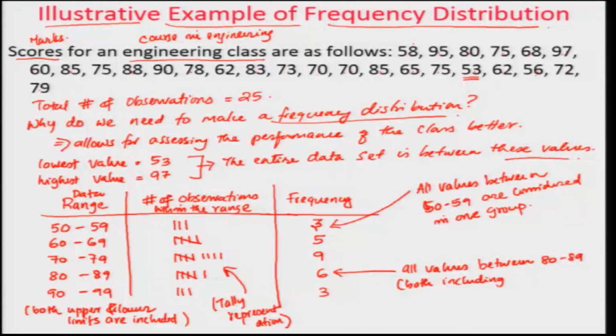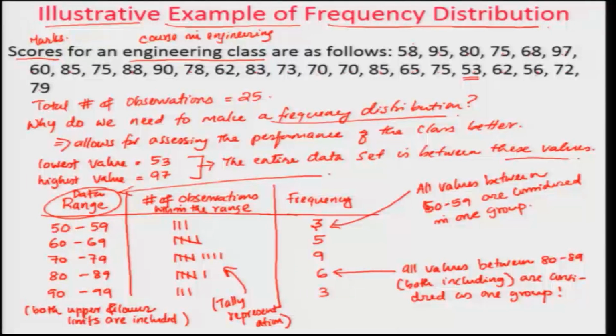In the other case also, both are included and considered as one group. So, one way to do it is, looking at the data, we can come up with some criteria or some data ranges. This is also another way you can think about it, as these are groups. I use the data ranges to generate what we call the groups in this case.